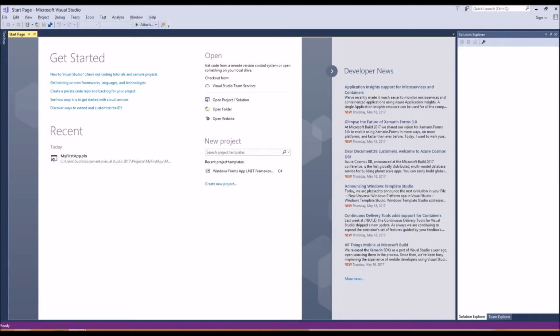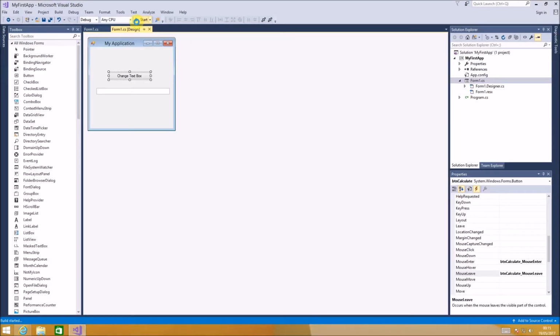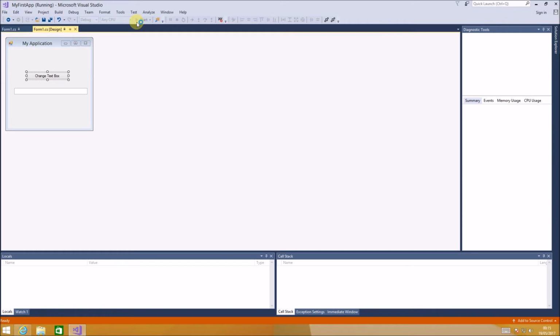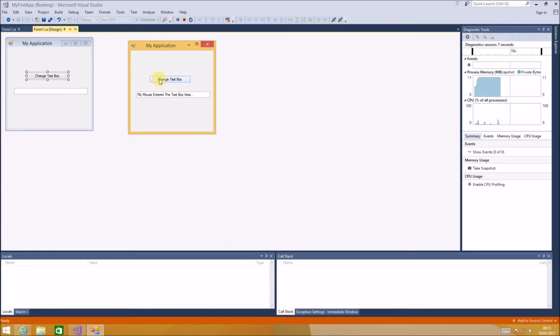In the first episode we covered installing Visual Studio 2017 and creating a very basic first application. Now the application we created changed the value of a text box, and I left it with a little bit of a teaser of how a user can interact with your application by adding various events. So if I move my mouse into the button here, you can see that the text is changed to my mouse entered the text box area, and when I leave it changed it to my mouse left the text box